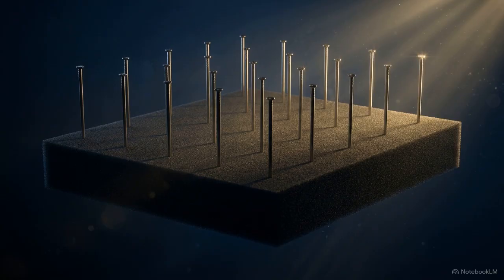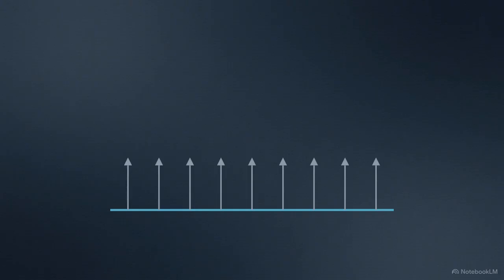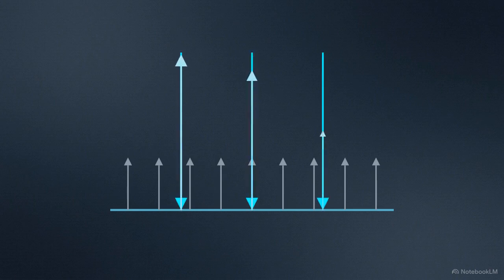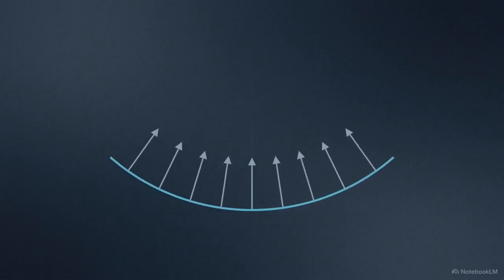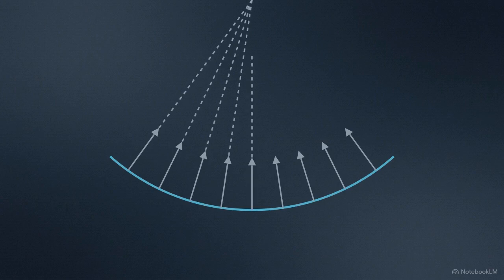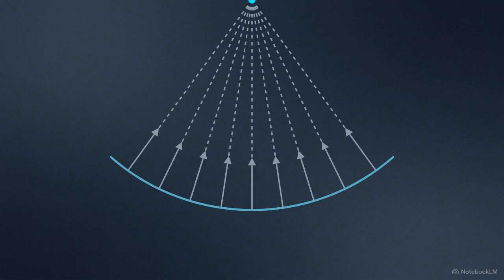Imagine a flat piece of rubber foam. If you stick a row of pins straight down into it, those pins represent our normal lines. Because the foam is flat, the pins are parallel, meaning light rays would bounce off in the same direction they arrived. But bend the edges inward to make a bowl shape, what we call a concave surface, and the geometry changes. All those pins, or normal lines, are now forced to point toward each other, intersecting at a single point